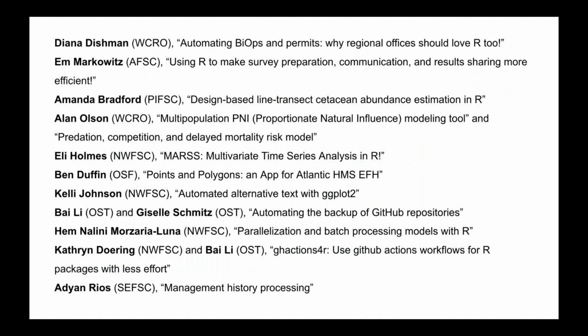All right, well, hi everyone. My name's Eli Holmes. I am the other co-organizer of the NOAA Fisheries R user group, and really excited to be here today. We've got 11 speakers from across NOAA Fisheries, including our regional offices and our science centers. This is our second lightning talk session this year. We try to do them every so often to, as Emily said, share a really wide diversity of work that our users are doing.